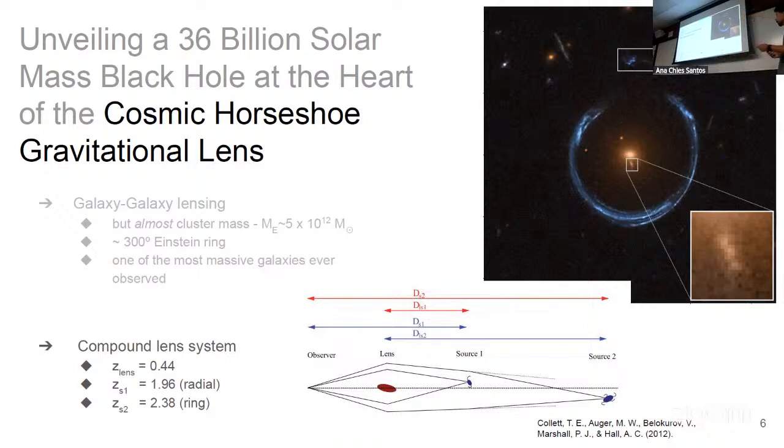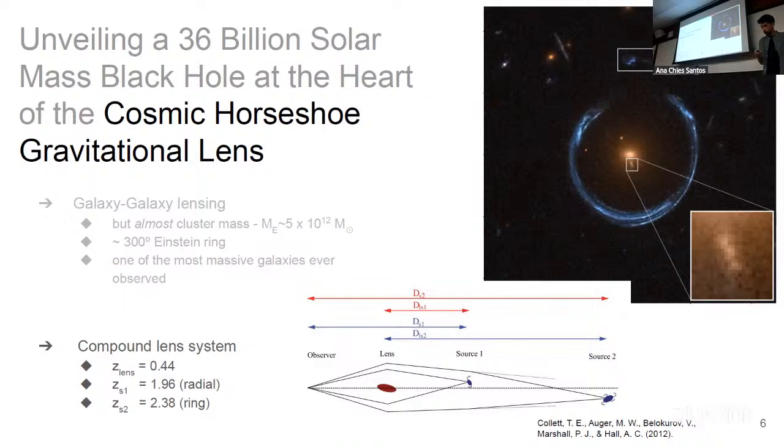And this kind of configuration is what we call a compound lens system. This is very special because when you observe the galaxy, just like here, we have information at two different radii. We have one piece of information coming from this ring arc right here, which is a galaxy at redshift 2.4. And we have another coming from the intermediate source, source 1 right here at redshift 2, that's being lensed in this radial arc right here. There's a zoom of the radial arc and a counter image just right there.